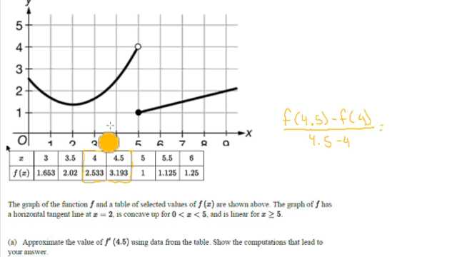So that's going to equal 3.193 minus 2.533, divided by 0.5, divided by 1/2. And that is equal to 0.660 divided by 1/2,